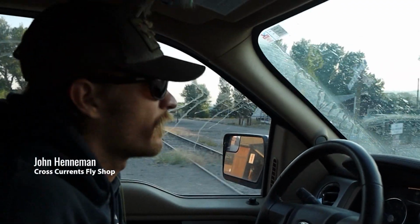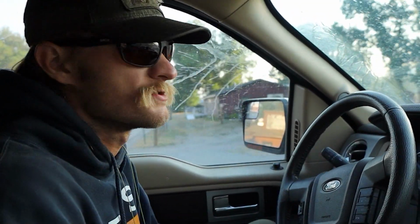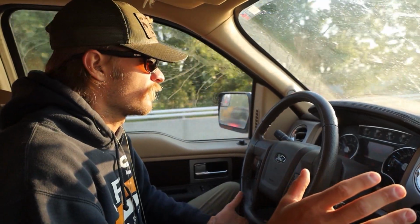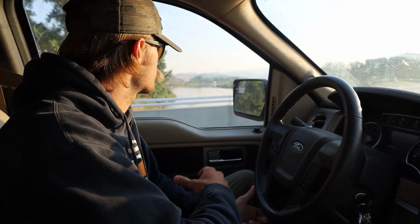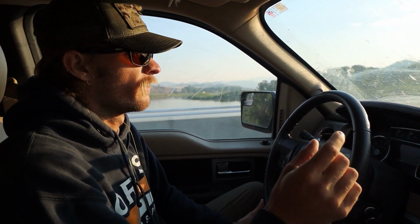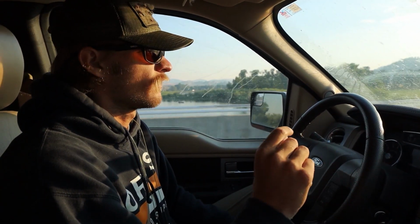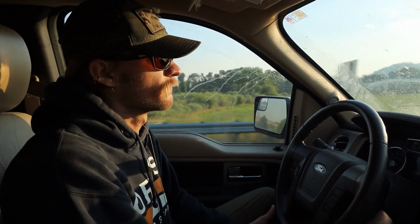What we have going on right now is just a massive trico spinner fall. We're a little too early to see the giant columns of bugs out right now, but as we make our way up towards Wolf Creek Bridge, you'll see these columns, tons of these tiny little mayflies called tricos. Tricos are about size 18, size 20s, sometimes 22s, really tiny. Hard for the fish to target, but the awesome thing about tricos is there are a million of them. Once we hit the water, you'll see just blanket tricos on the water. Crazy